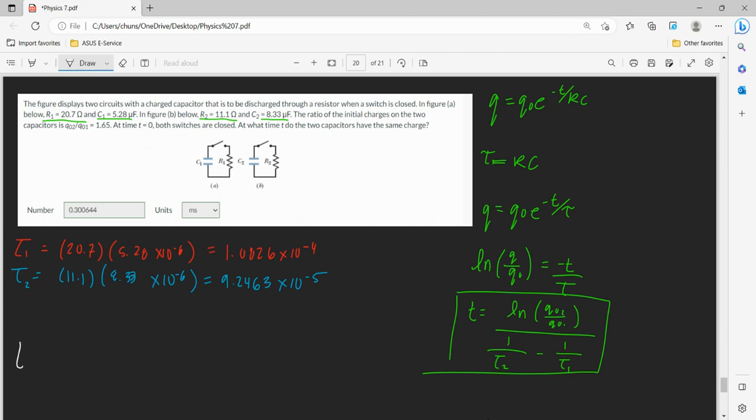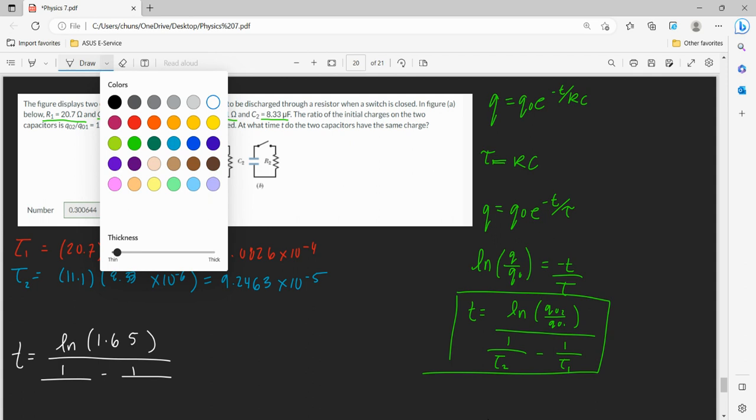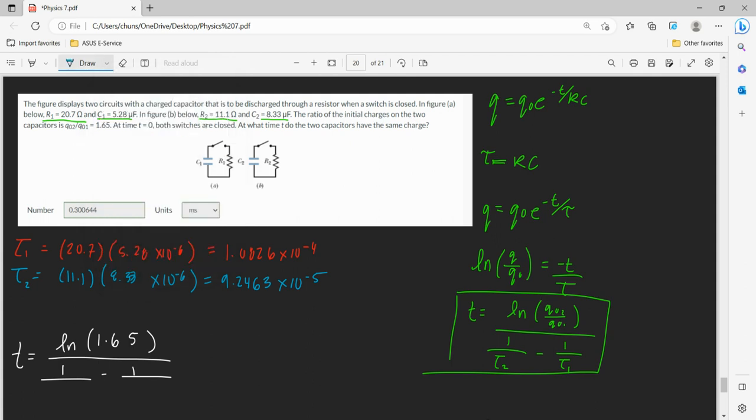So then we want our time. So this is our ln of our ratio, which is given as 1.65, and this is over 1 over our taus, which we found. So we're going to start with 9.24 times 10 to the negative 5, and this is over 1.0826 times 10 to the negative 4. And this is equal to,